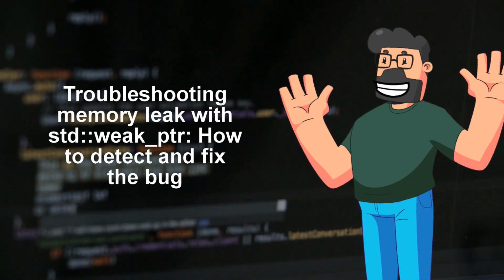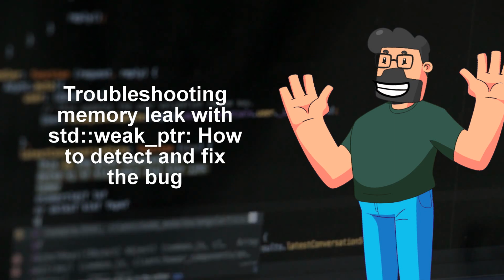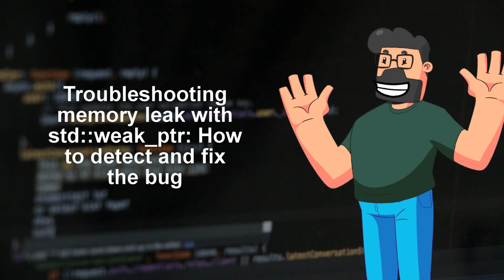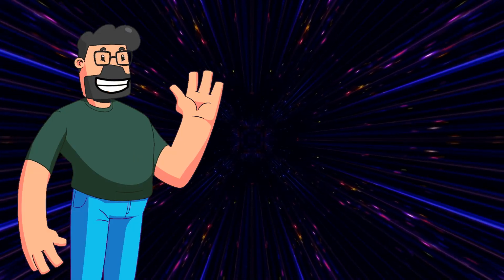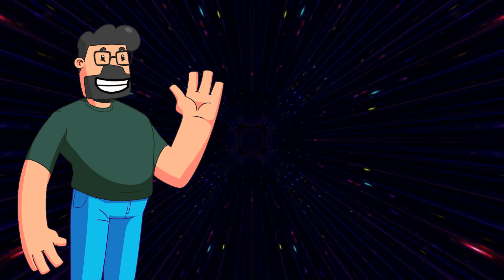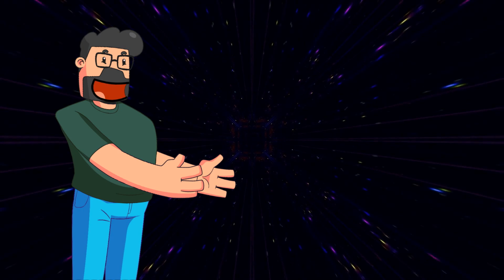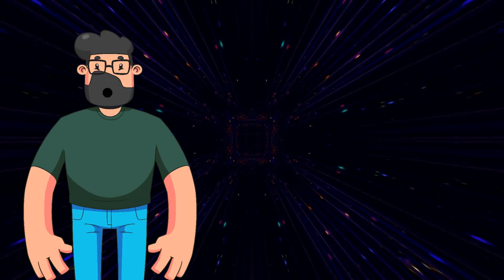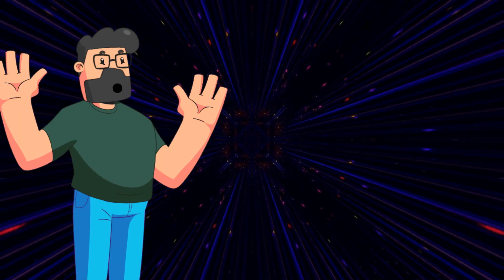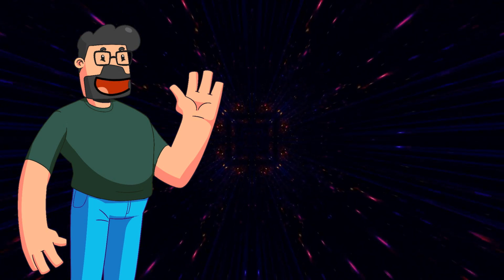So, keep learning and exploring new horizons in the vast world of programming. In conclusion, mastering memory management in C++ is a fundamental skill for any developer. By being aware of how std::shared_ptr and std::weak_ptr interact, you can prevent subtle bugs and ensure the stability